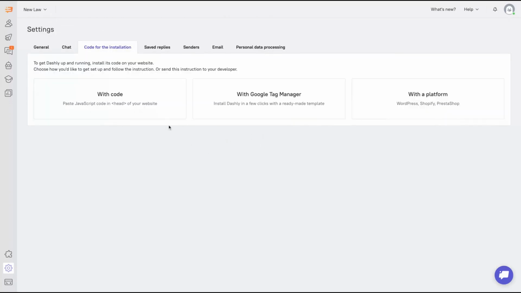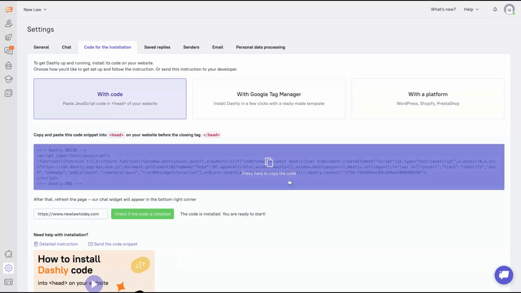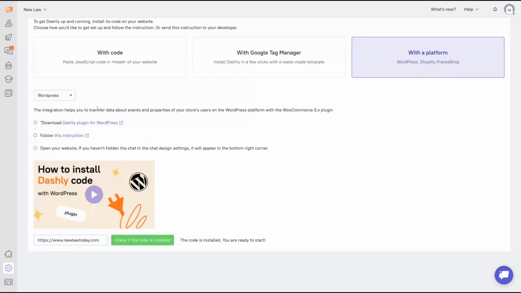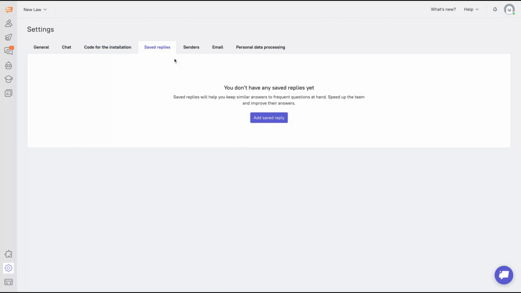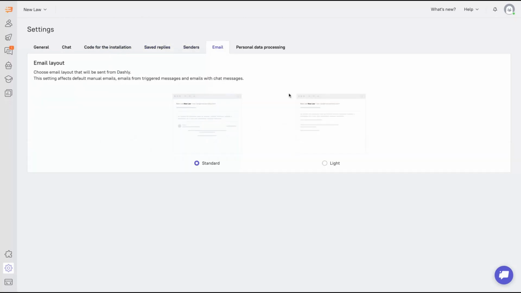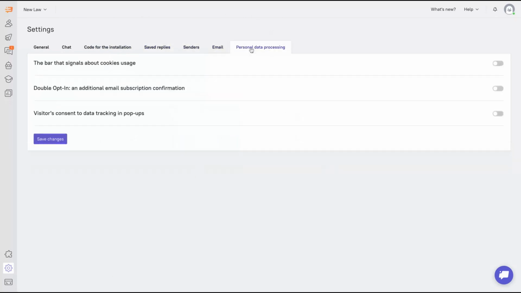How are you going to install it? You can just copy the code and paste it in your head. They also have integrations here and tutorials to install it on WordPress, PrestaShop, and Shopify. You can also use Google Tag Manager. You can also customize your email layout